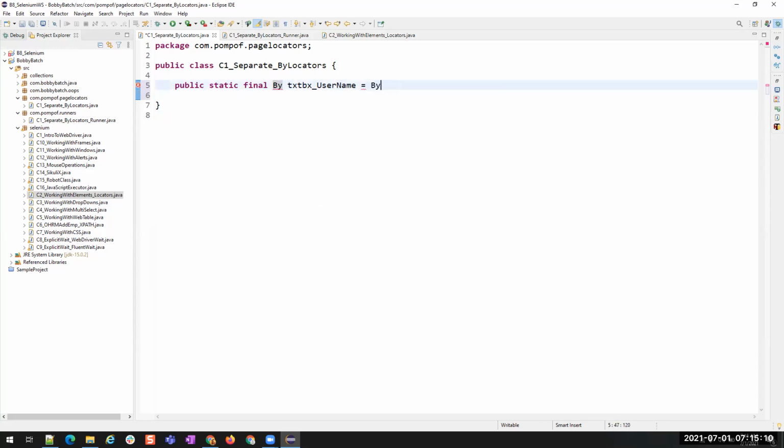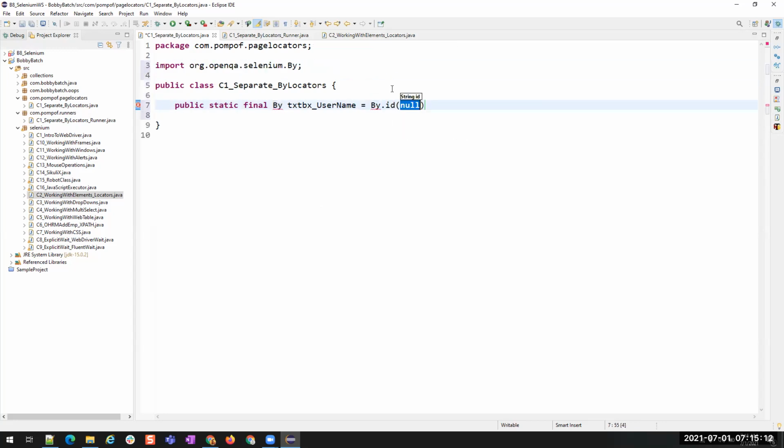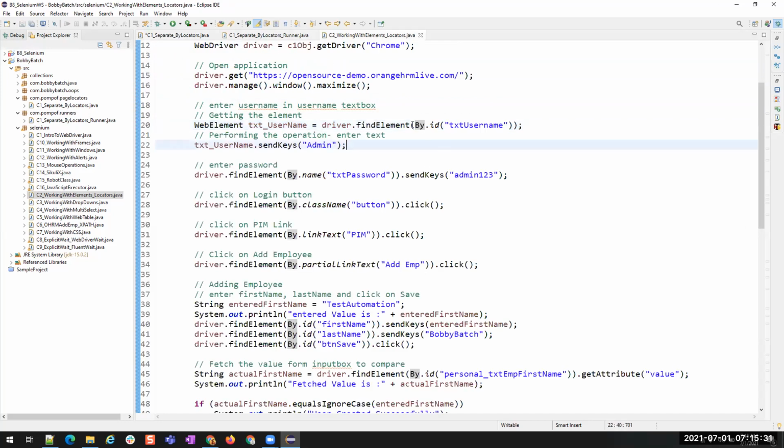So here I'm going to use by.id. That's all. You see, I have just separated this part. By.id of text username. Similarly, same for password.